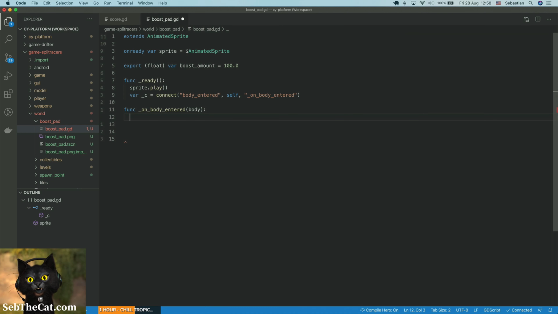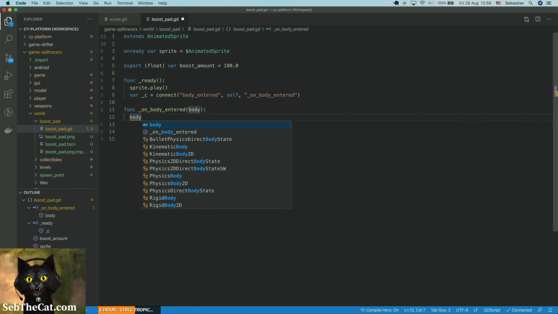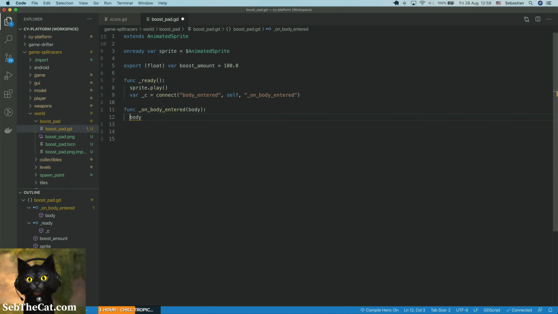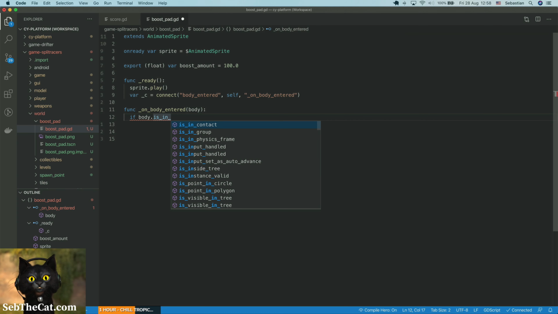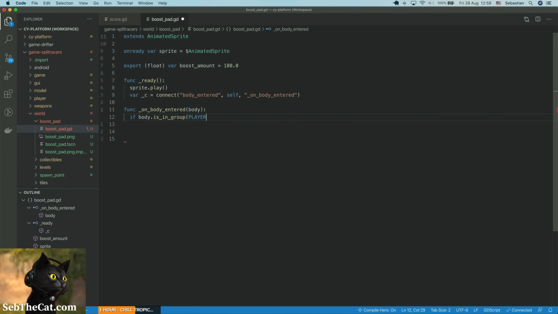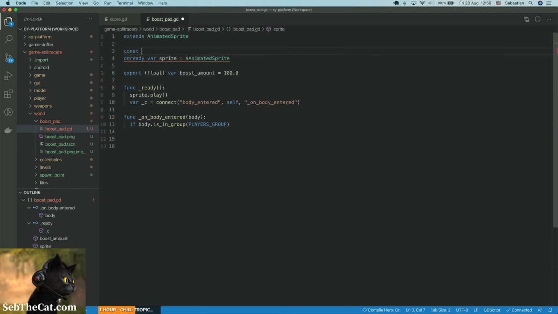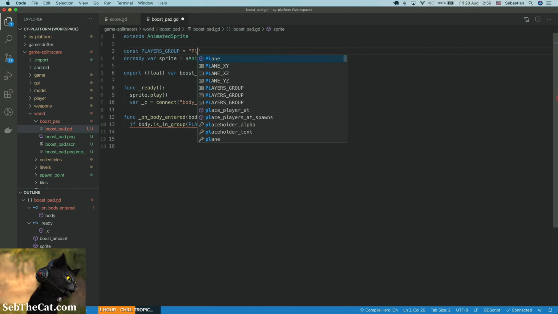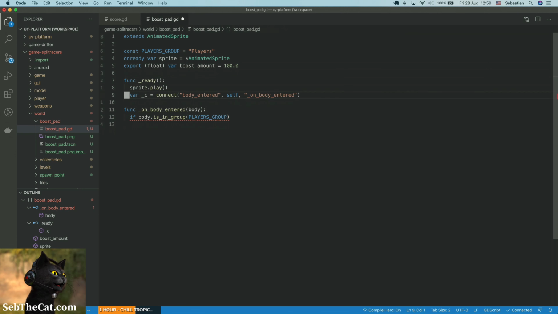And what we're going to do is say body, if body.is in group, and we'll say the players group, right? And that's going to be a constant. We'll stick that at the top. Const players group equals players, right? And if it's not in the group, return. And if it is, then